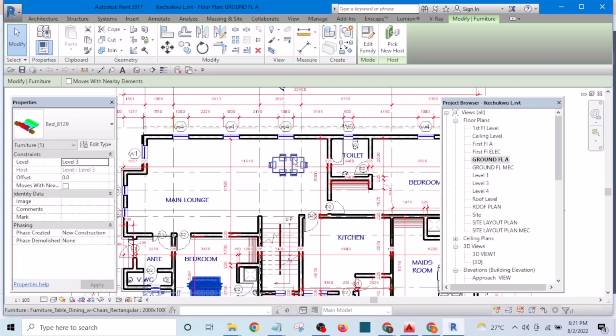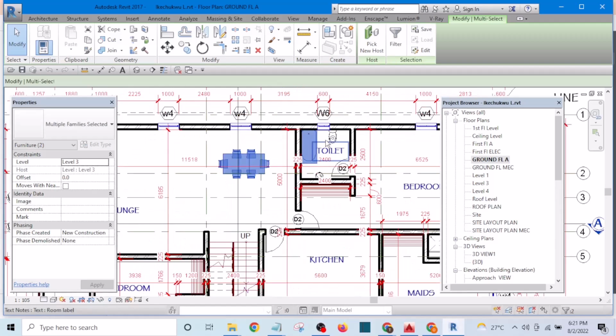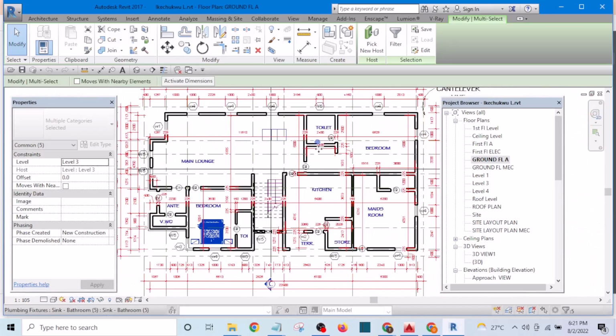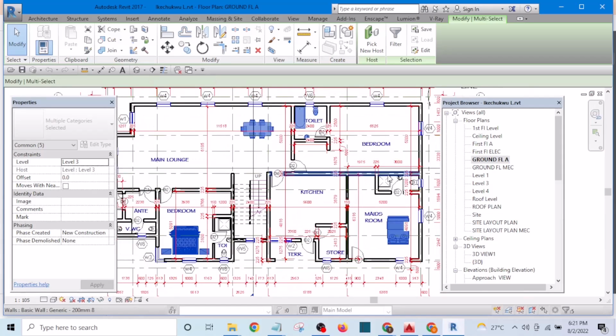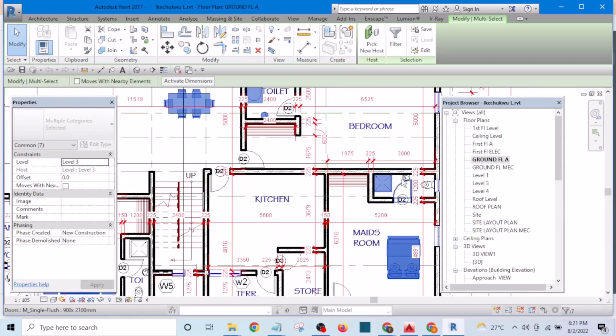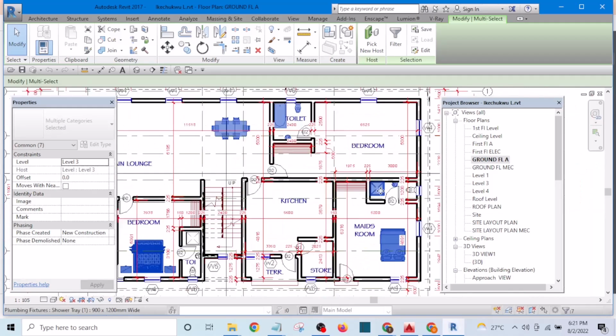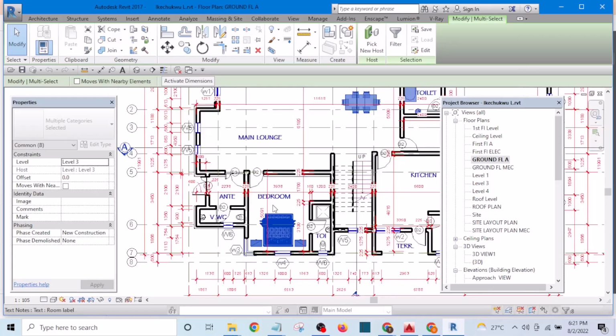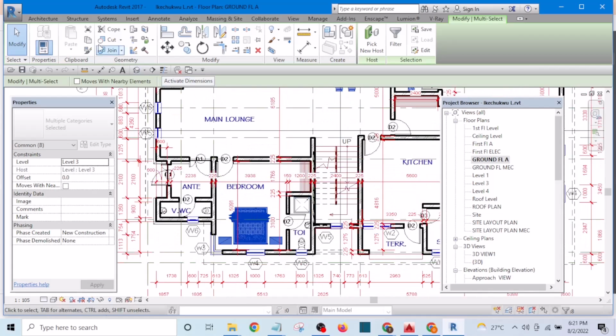Since they don't need host, I'm going to copy all of them and paste in our current file. So I hit on copy